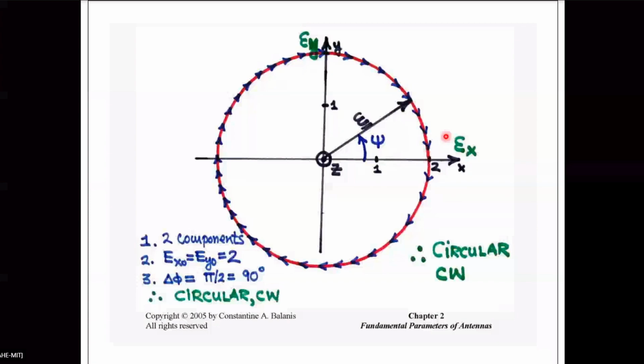Have you understood linear polarization? Suppose the electric field is along the X direction, it is called X polarization. If there is an Ex and an Ey with the same phase, that means when Ex is 0, Ey is also 0, and when Ex is maximum, Ey is also maximum. When Ex and Ey are in the same phase, the resultant will be the vector addition of Ex and Ey. You will get a line like this, and the instantaneous value of the tip of the electric field will lie on this line. That is called linear polarization.